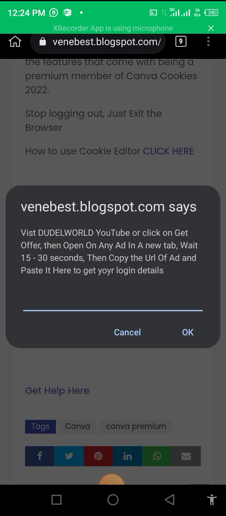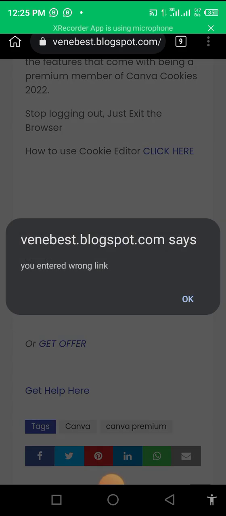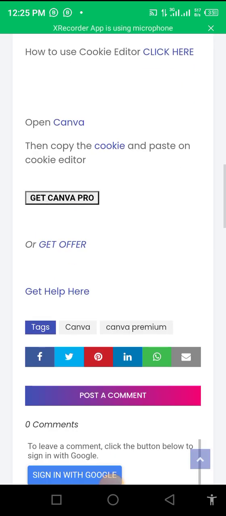new tab, wait 15 to 30 seconds, then copy the URL of the ad and paste it here to get your login details. Okay, you say okay. Now you enter a long link. Now all you need to do is click on Get Offer,